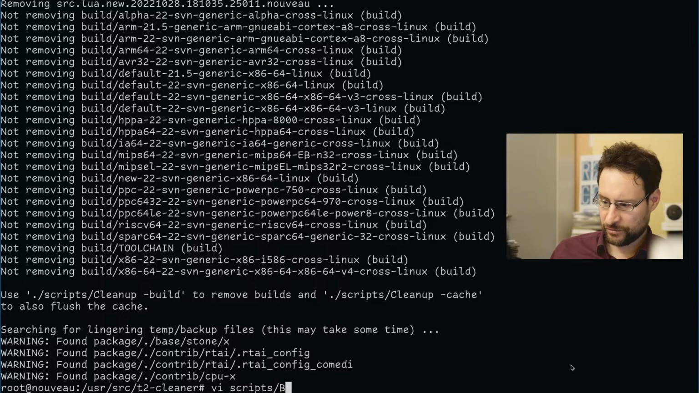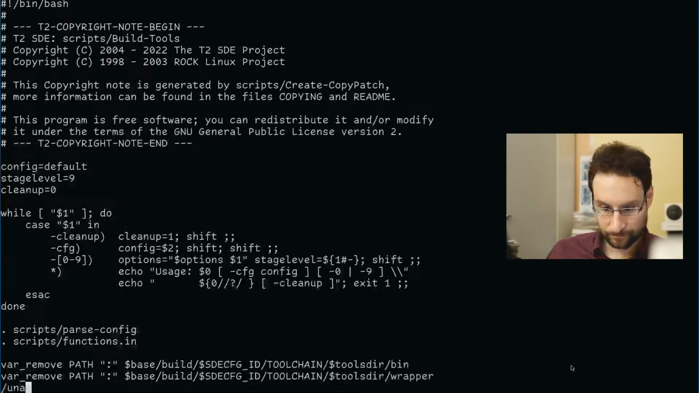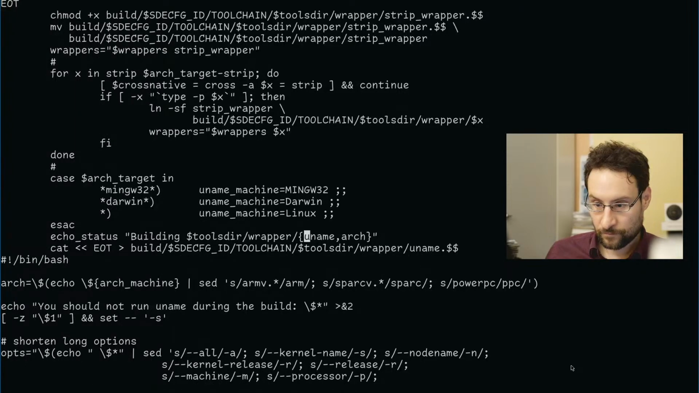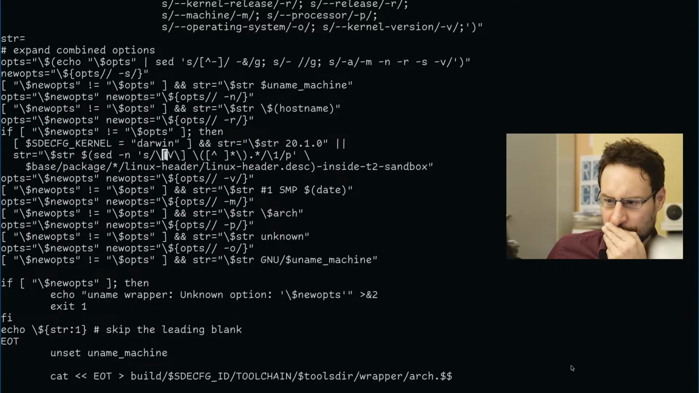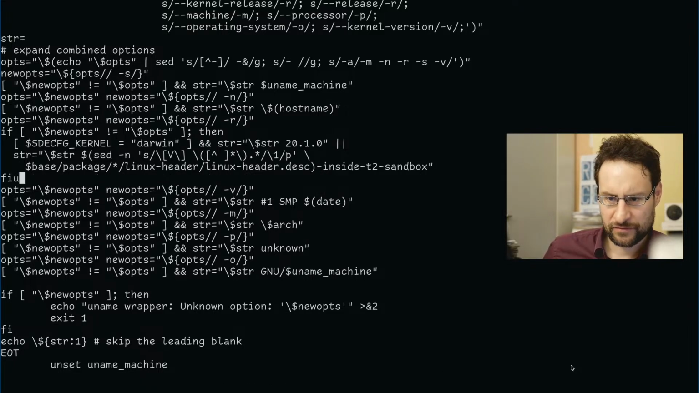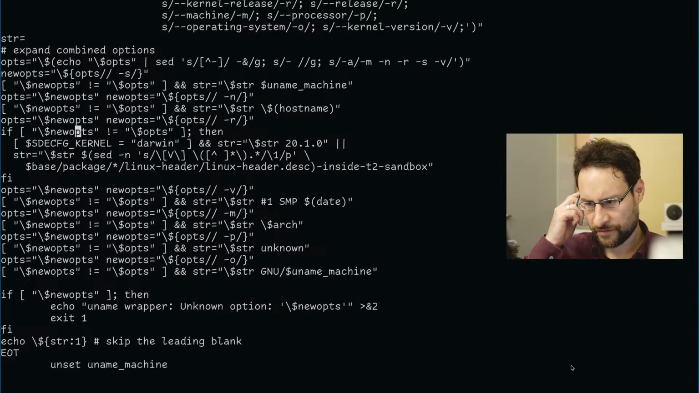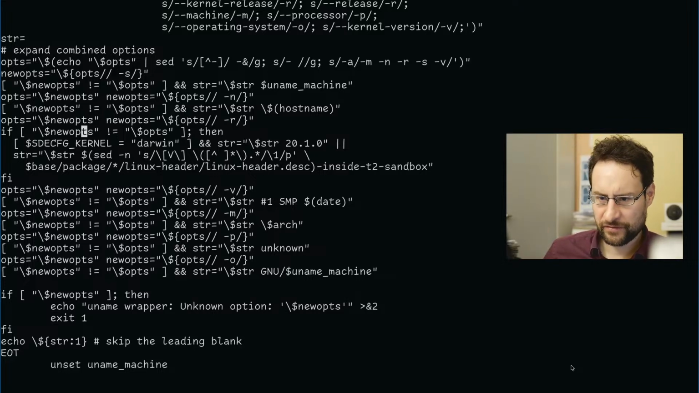So, where was it? Build tools, I guess. Where is it even? Here. The question is, do we need this? So, yeah, we need the block there, and so probably if that Darwin, then that. Otherwise, there. So yeah,